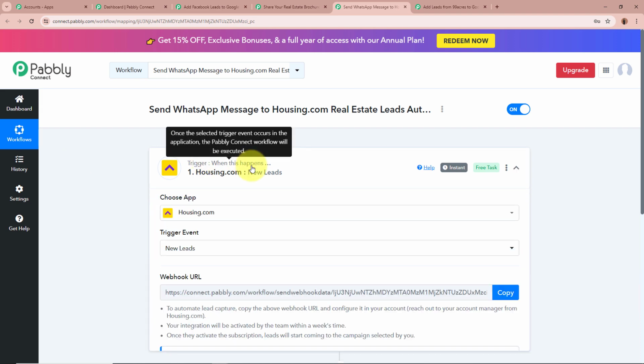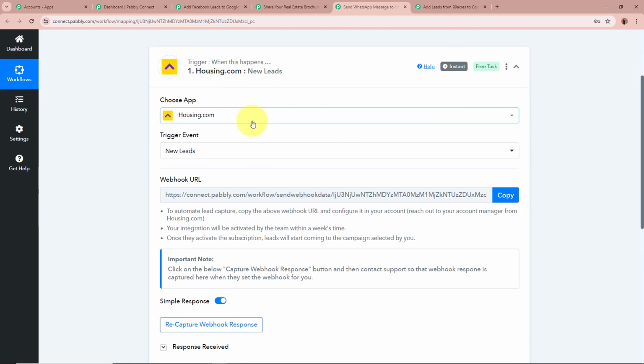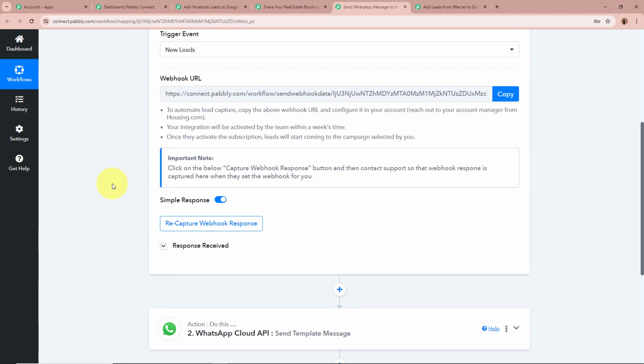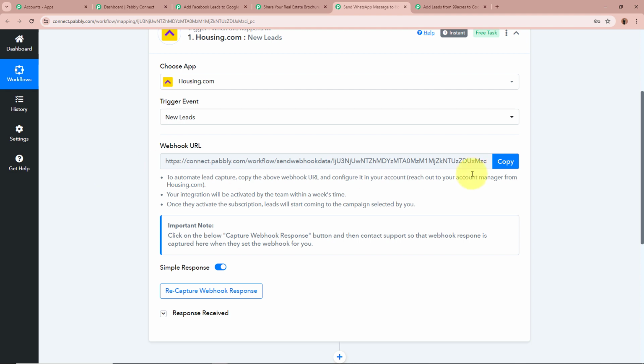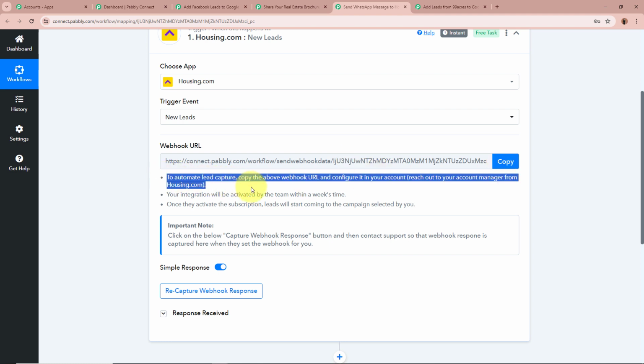For the trigger setup, we have selected housing.com as our trigger application and new lead instant as the trigger event. Then, after you select the trigger application and the event, you're going to receive a webhook URL. With the help of this unique webhook URL, you can create a bridge between Pabbly Connect and housing.com. You're going to set up the webhook URL by following the steps given here below in order to connect housing.com